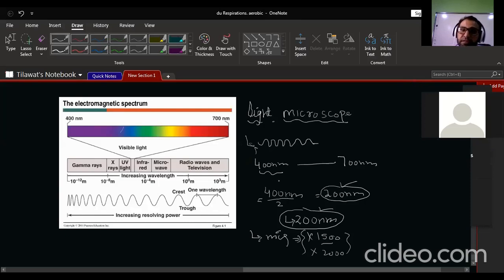Now, if the object with us is, for example, decreasing below 200 nanometer, then we will face a problem, and for that reason we can't see that through a light microscope. Then we will move toward the electron microscope. But first, check what is a light microscope. If you see here,